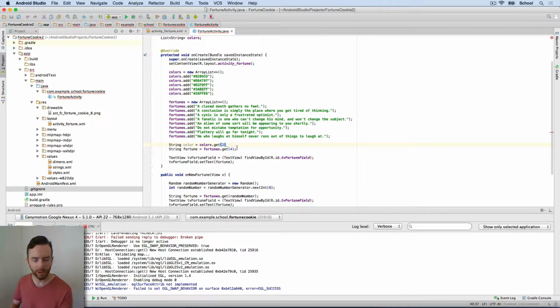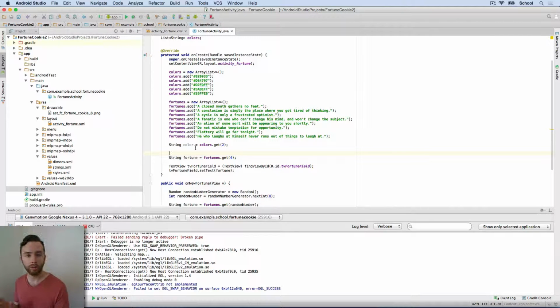And we're going to add a semicolon there. Now that we have the hexadecimal code for the color, we need to turn it into an integer because that's what Android Studio wants in order to set the background color. But they have given us a handy method to do so. So since we're going to be turning this into an integer color, we're going to call this color as int. And it's going to be of type int. And remember, int uses the lowercase I. So color as int equals